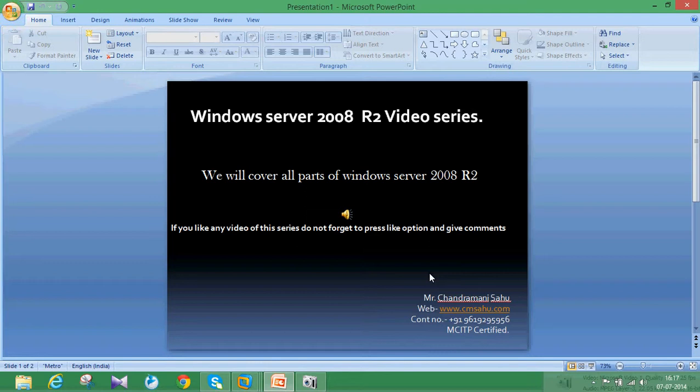Through the ntbackup command we configured and took the backup, and there are different kinds of backup. What are the types of backup? There are 5 types of backup in Windows Server 2003.